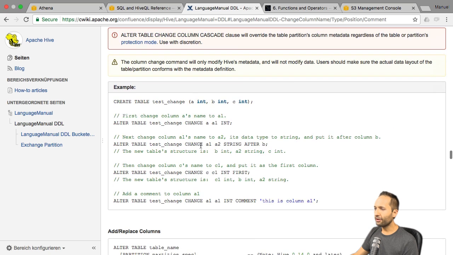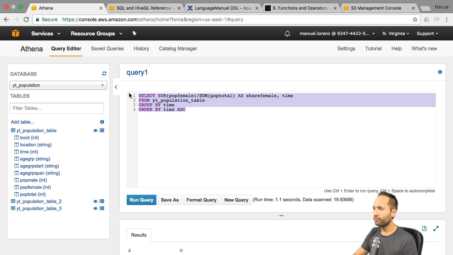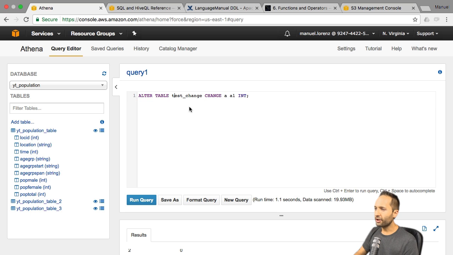So let's click onto that. And if you now scroll down right here, then you can see that you can change the column name and the data type of that column by simply selecting this part right here, copying it, going back to Athena, replacing it right here, pasting it. So we need to change the table. The table should be YouTube population table, this one. And this should change, now this is the column name, population male, for example, to population male. So the name can be the same, this is fine. But this time to a decimal, like that. And now run that